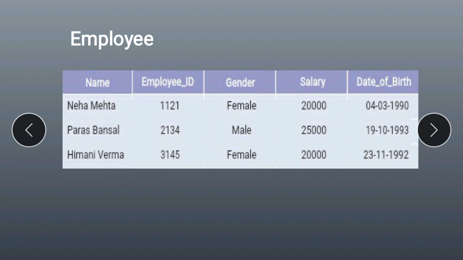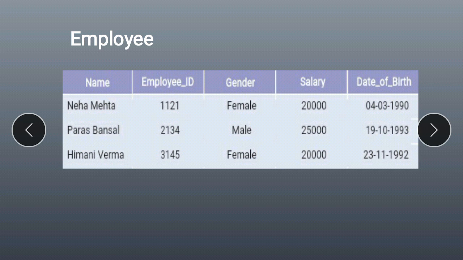Then there is domain. The data type of the values is called the domain. Data type means which type of data I want to add. Like here is name, so what is the name? It is a set of character strings. Employee ID is a set of numbers. So the data type specifies which type of data I can enter.